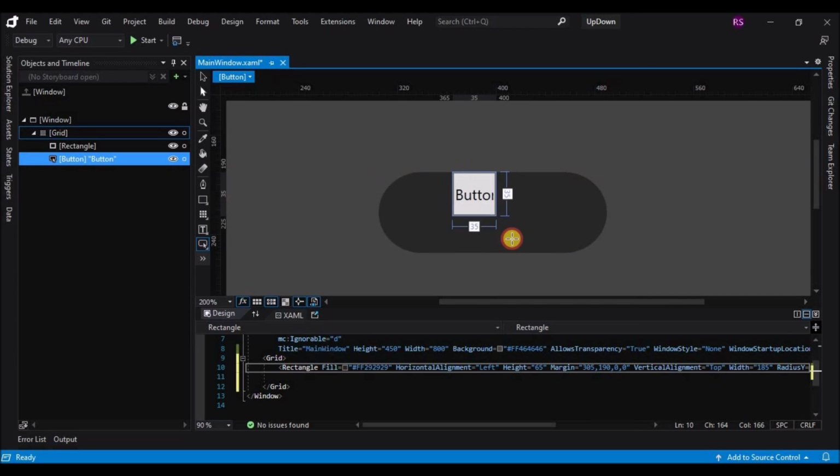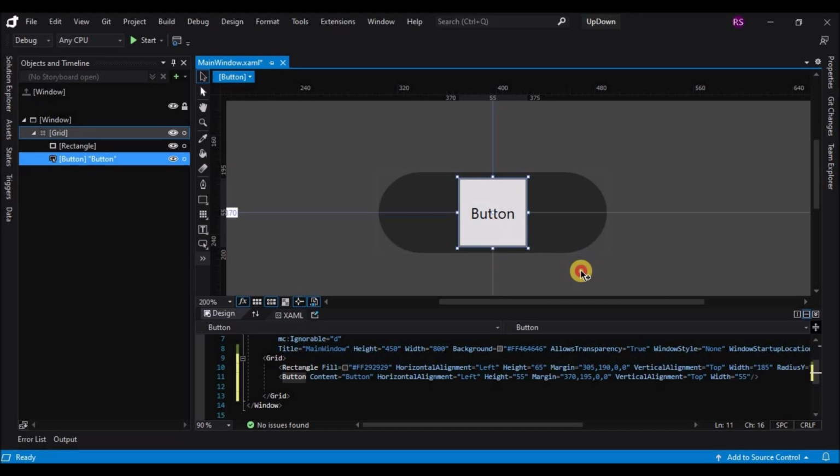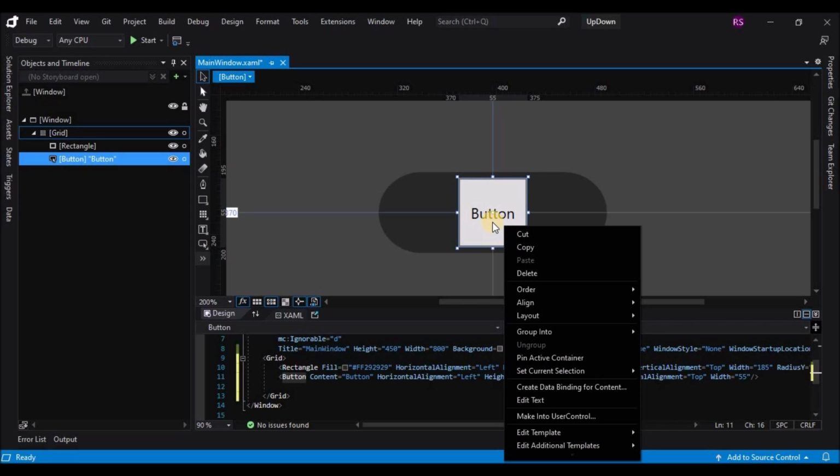Now let's draw a button in between. Okay, and now we are going to edit the button template. So for that we'll right click and then edit the template. So right click, edit template and edit a copy.